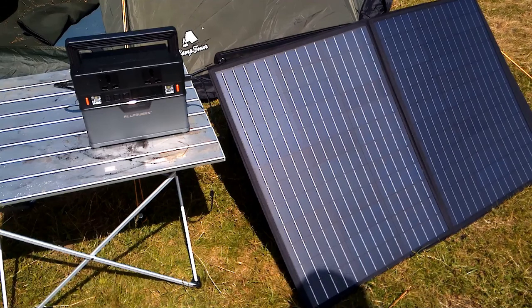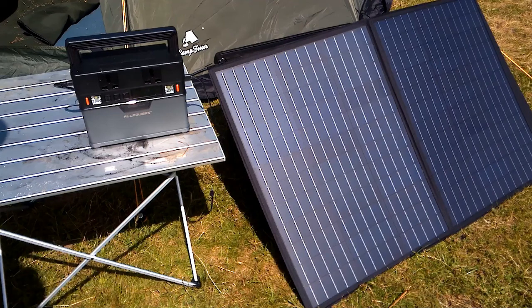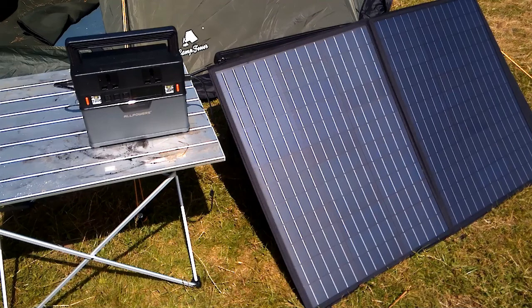Originally I got these for use in power cuts. The area that I live in still has power cuts. Some people use generators, but because I've got camping gear and everything runs off 12 volts and can be recharged, this gadget means that I can run the house if there's a power cut. But it's brilliant for camping. It'd be no good for backpacking. Anyway,